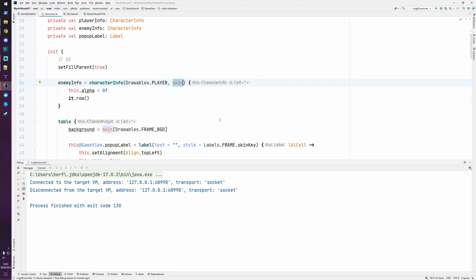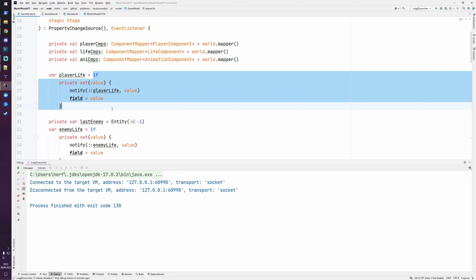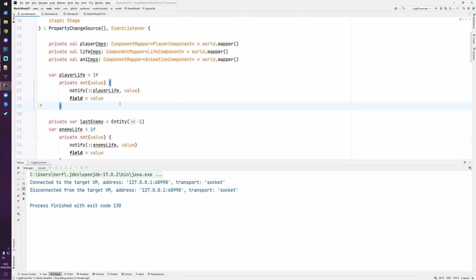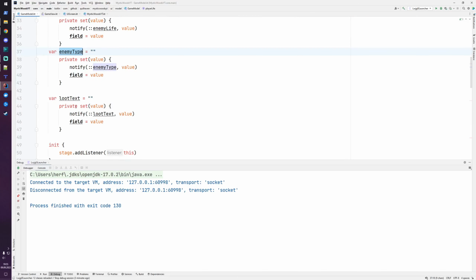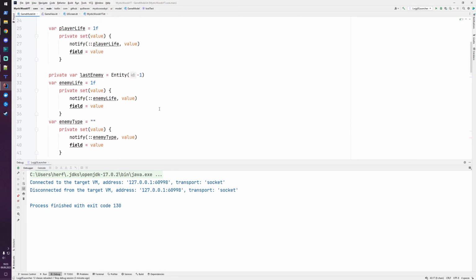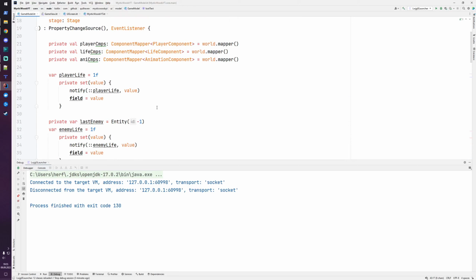Okay, and the last thing, because I looked once more a little bit if there would be a possibility to improve my approach here with the data binding, where I've always overridden the setter method, and it's basically always the same. I just want to have this notify before the specific property, and that's the same for the player life, enemy type, and loot text as we have it here. And normally when you need to copy paste something like that, there is actually a better solution. And indeed there is, because we are using Kotlin, and Kotlin, luckily for us, has built-in delegation support,